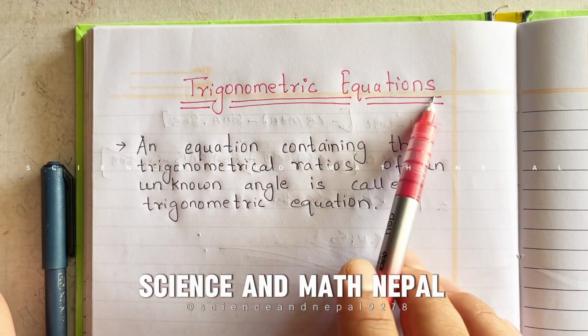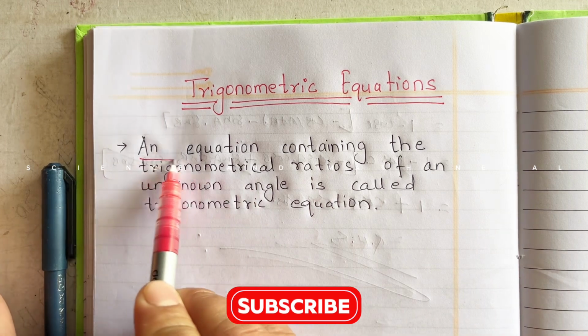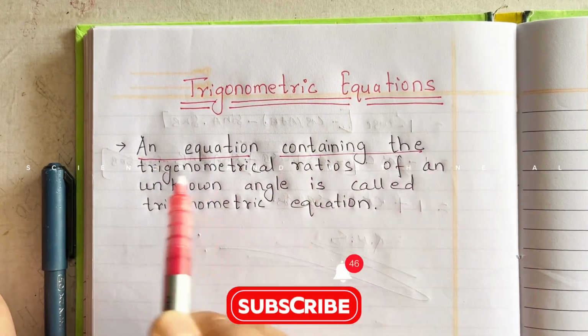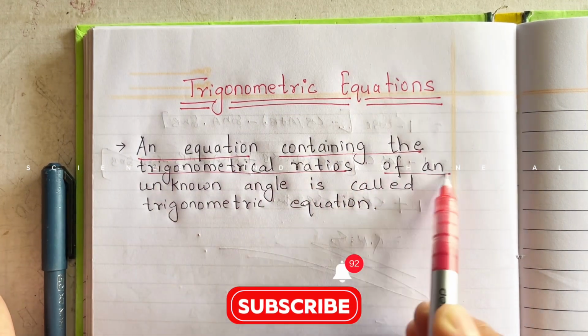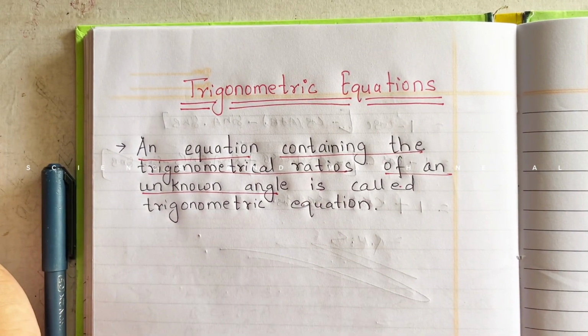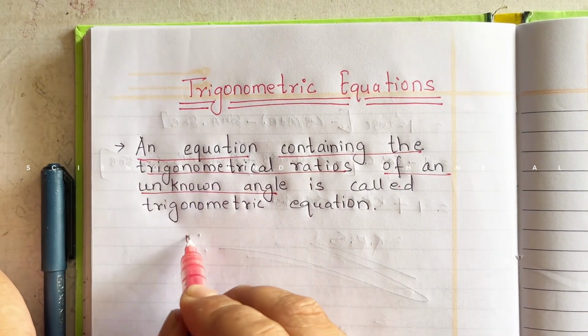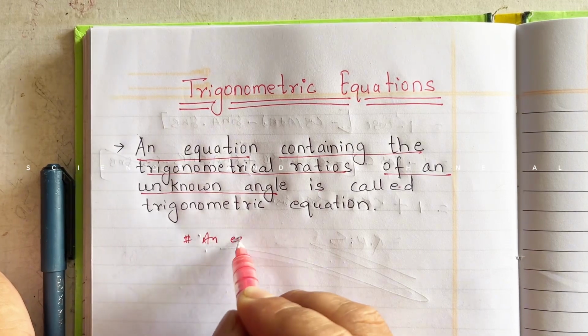Trigonometric equations. What is a trigonometric equation? An equation containing the trigonometric ratios of an unknown angle is called a trigonometric equation. There are three things to understand. A trigonometric equation is an equation. Number one, to remember, it is an equation